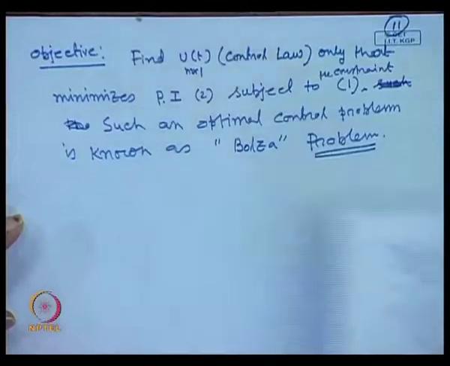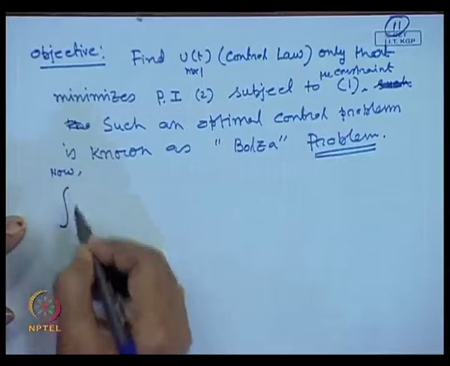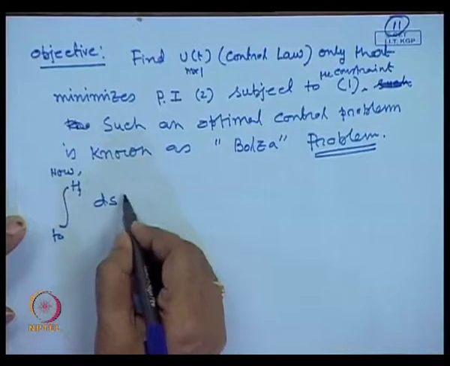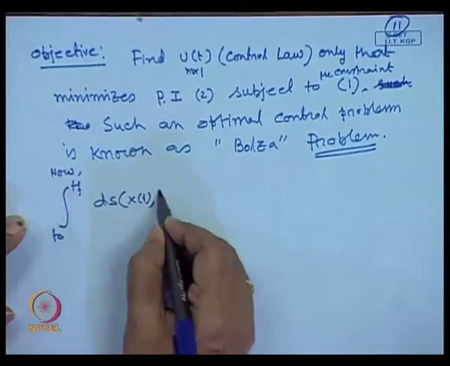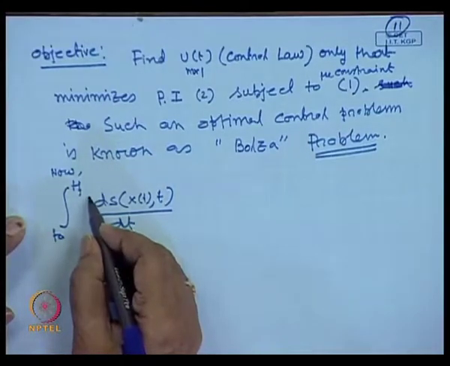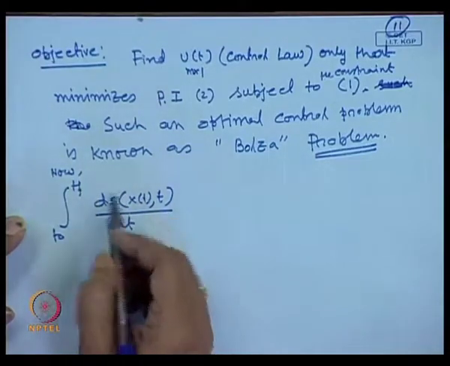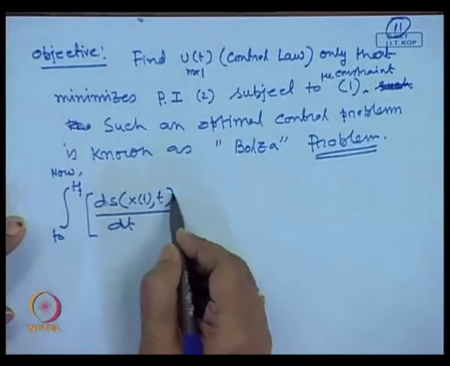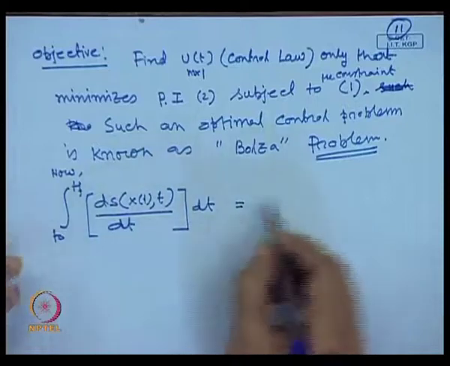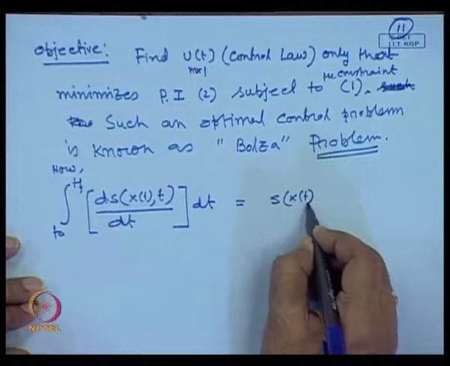So now see this: we can write the integral from T0 to Tf of ds of x(t), which is a function of time, dt. We have just mentioned earlier that this is a continuous function which is differentiable with respect to x(t) as well as t. So this I can write as dt, which is nothing but x of t comma t